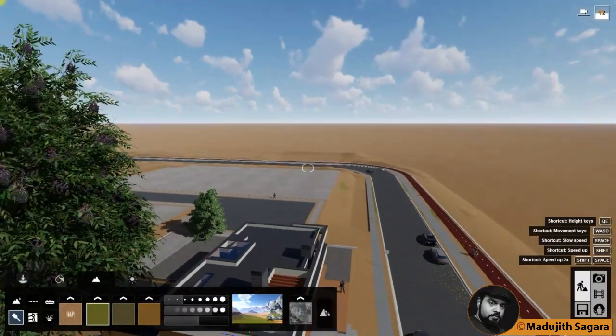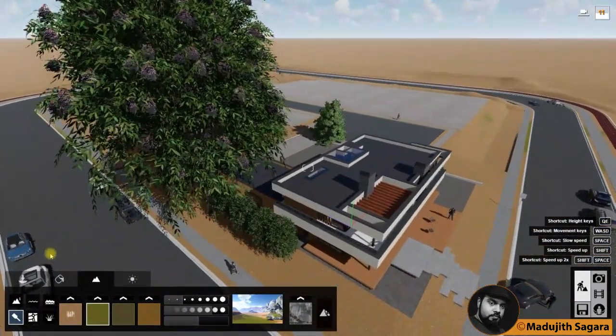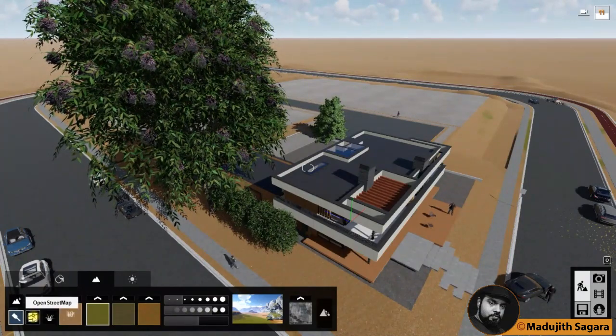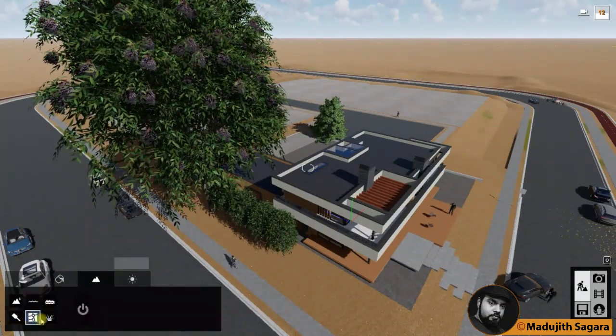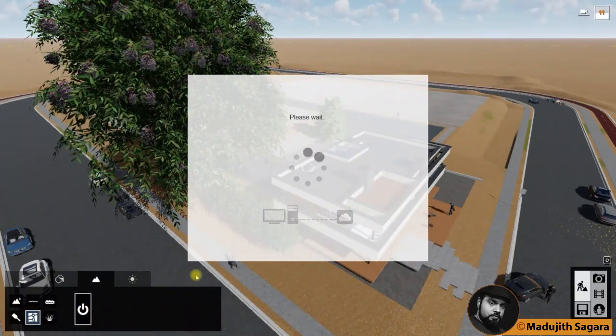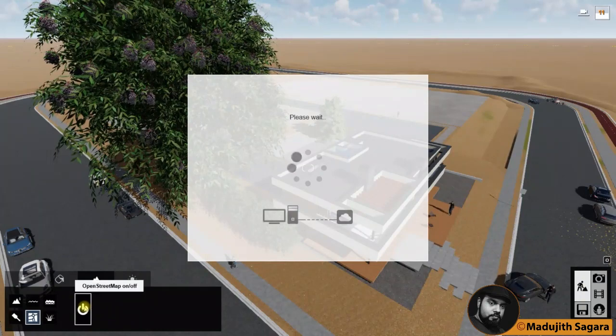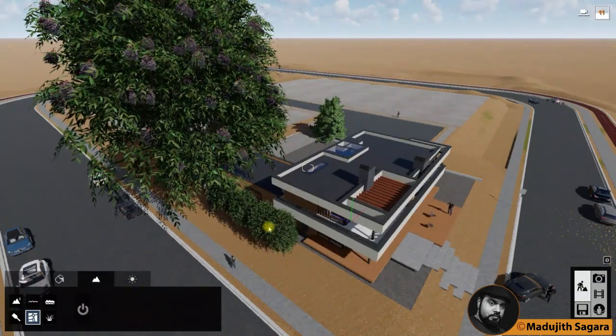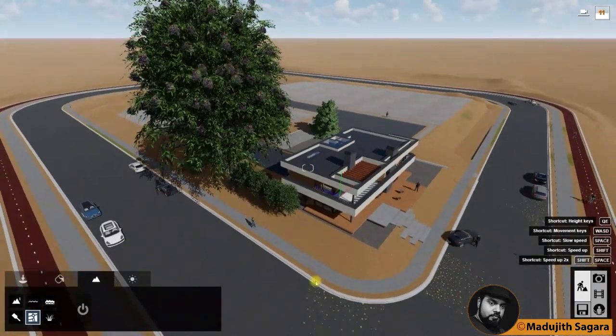It means it allows you to place your Lumion map on the street map also. For that, you must be connected with the internet. For that, go to OpenStreetMap. Then it will ask you to connect to the internet. If you are having an internet connection, you can place your Lumion model to the internet, and also you can place it on the Google Map also. And these are the landscaping options available in Lumion.